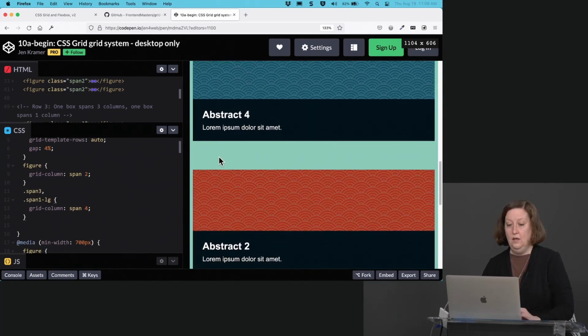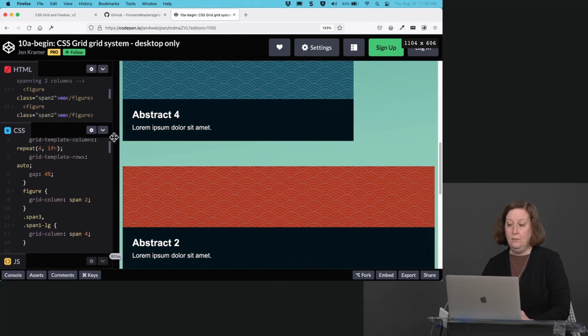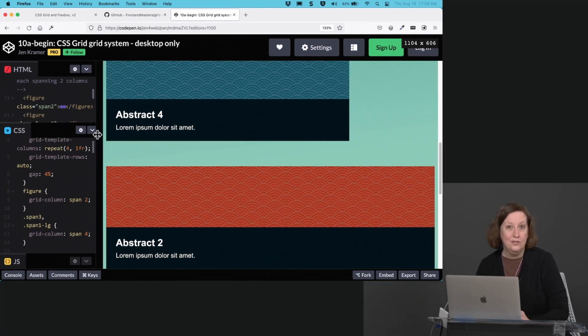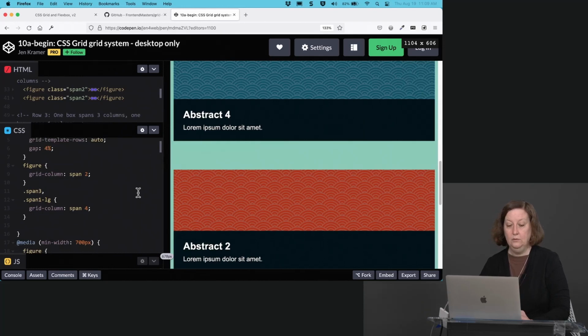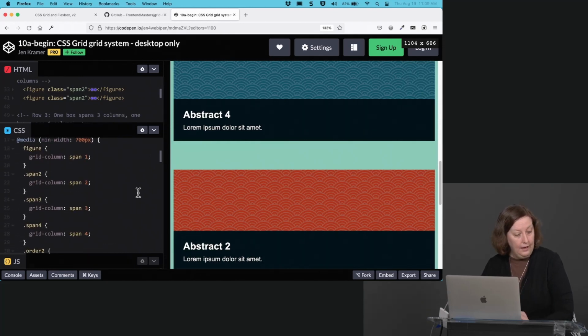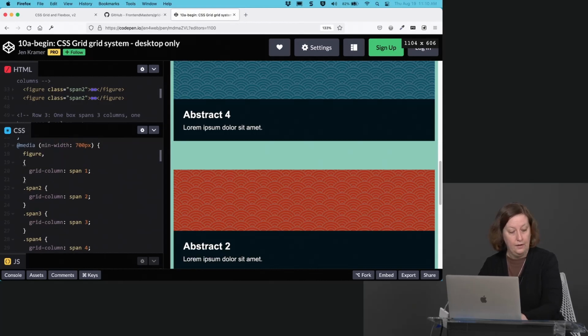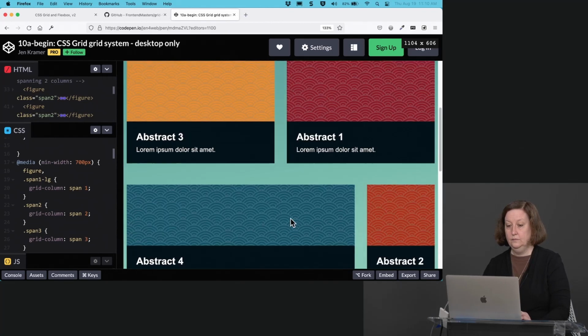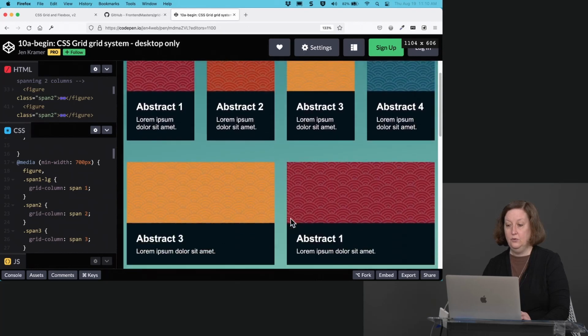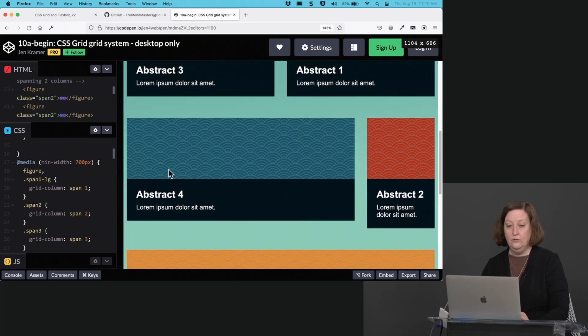And now it does, but it will also do so on desktop because we haven't told it to go back to 1 column on desktop. So we'll need to override that when we get to desktop. And so here with our figure that now spans 1 column, we can combine that and say our span 1 hyphen LG will also span 1 column. And so it does. So far, things are looking good for our first 3 rows